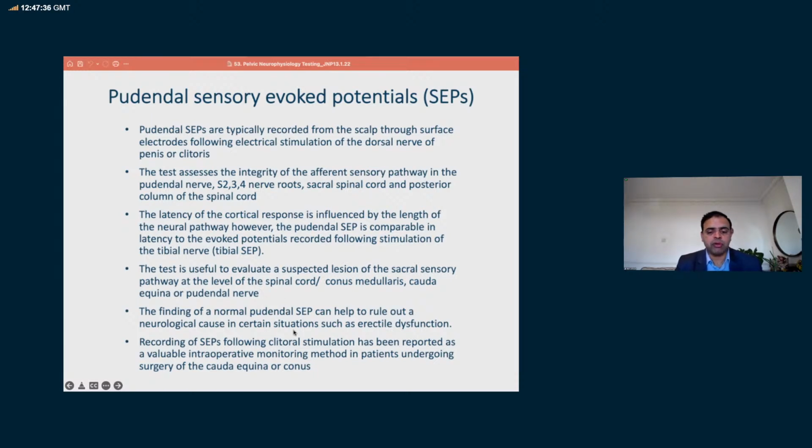And the finding of a normal pudendal SCP can help rule out a neurological cause in individuals who present with sexual dysfunction, such as genital numbness or possibly even erectile dysfunction. And there is also value in recording of SEPs following clitoral stimulation intraoperatively in patients undergoing surgery for cauda equina